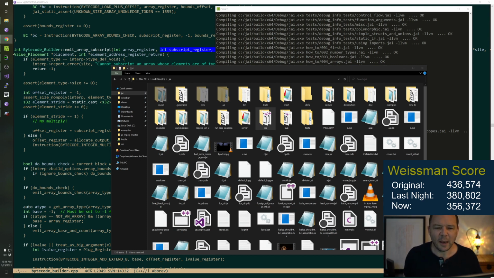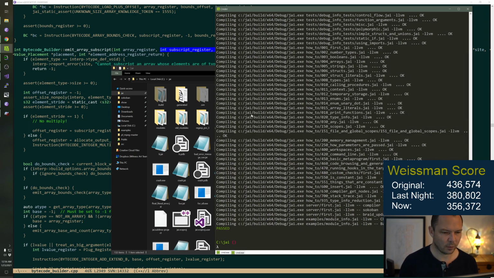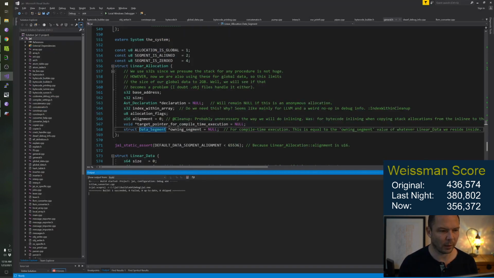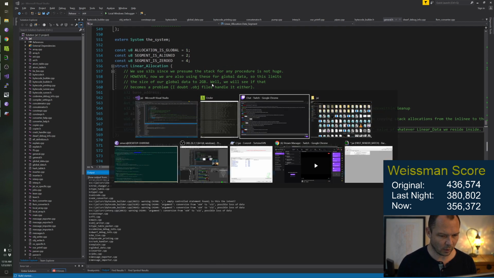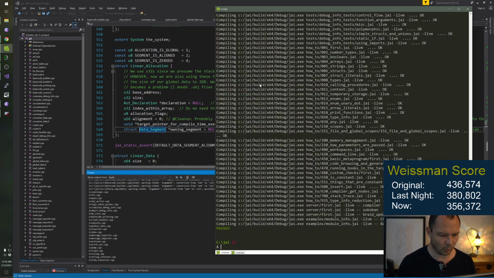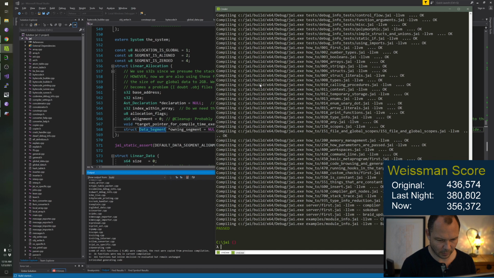Where is compile speed at? Well, we can't really tell because right now, I mean, we could turn off all the dumps, but I want to leave the dumps on for later so we can keep looking at code. And the problem is the Windows console really slows us down. So we can't see what the compiler speed actually is.